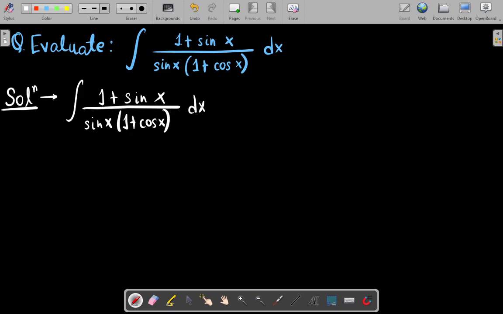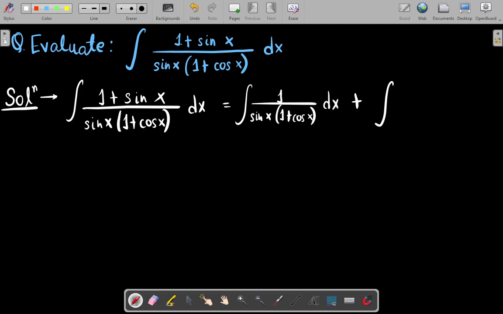It seems to me that at first glance we can't do the rationalization directly. This is not a very simple substitution. Let us first split this into two fractions, according to the numerator. So we get the integral of 1 upon sin x times (1 plus cos x) dx